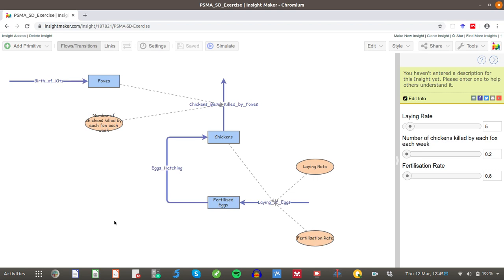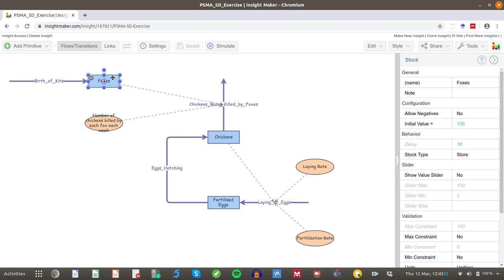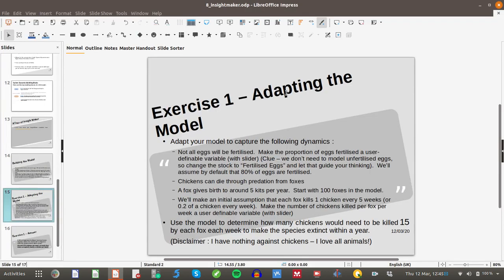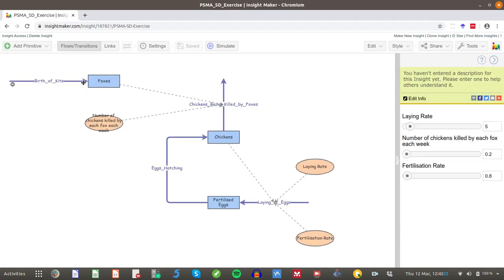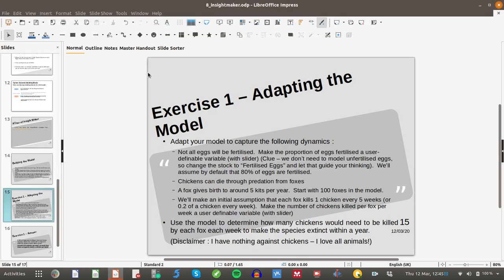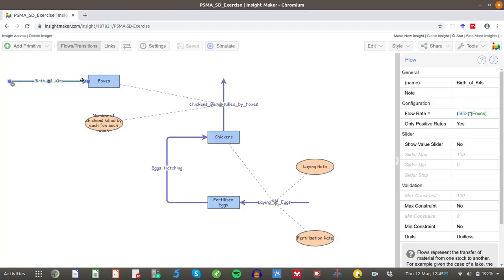We now need to capture the fox aspect of things. So I've set up a new stock called foxes, and we said that initially we want 100 foxes in the model, so I've set up an initial value of 100. First thing we need to do is to model foxes coming into being. So I've got a flow coming in from nothingness to represent the birth of kits, and we said that a fox gives birth to around 5 kits per year. So if we go into this flow rate,